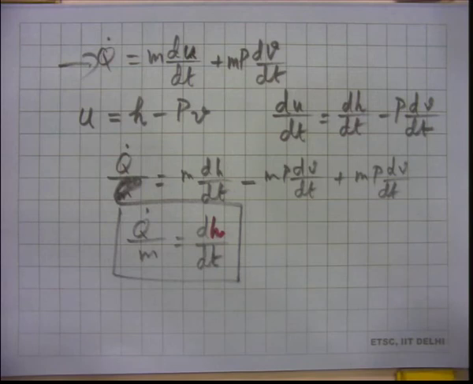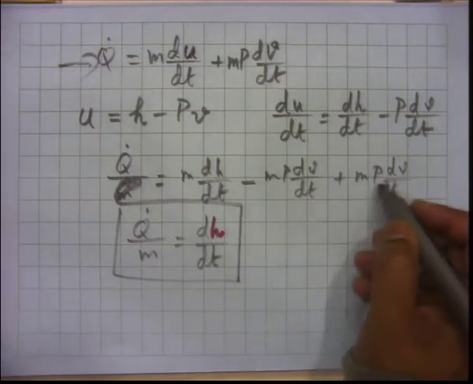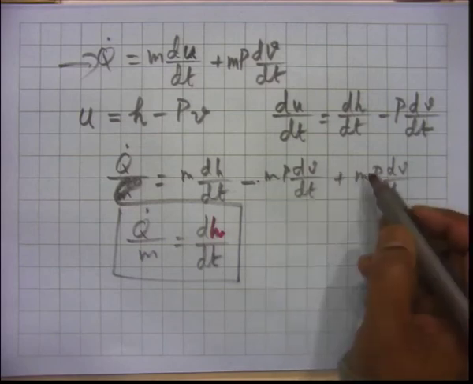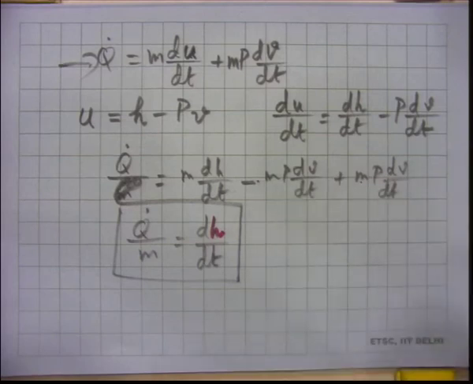How do you do that? We take this pressure constant because we are taking small dv dt, and this is minus here and this plus here, these two. In the upper equation we are taking this pressure constant. Pressure is constant. So, this is a constant pressure sort of situation.